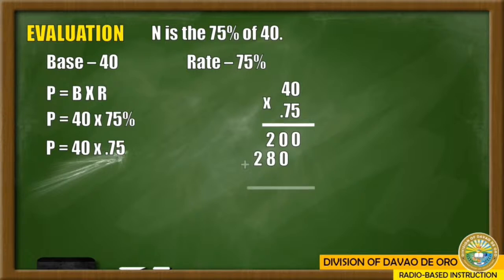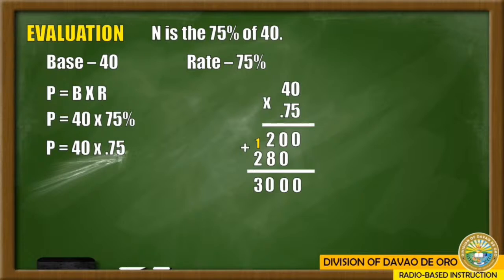Then we will add. Bring down 0. 0 plus 0, 0. 2 plus 8 is equal to 10. Bring down 0, carry 1. Then 1 plus 2 is equal to 3. The same, we have 2 decimal places. So we will move the decimal point